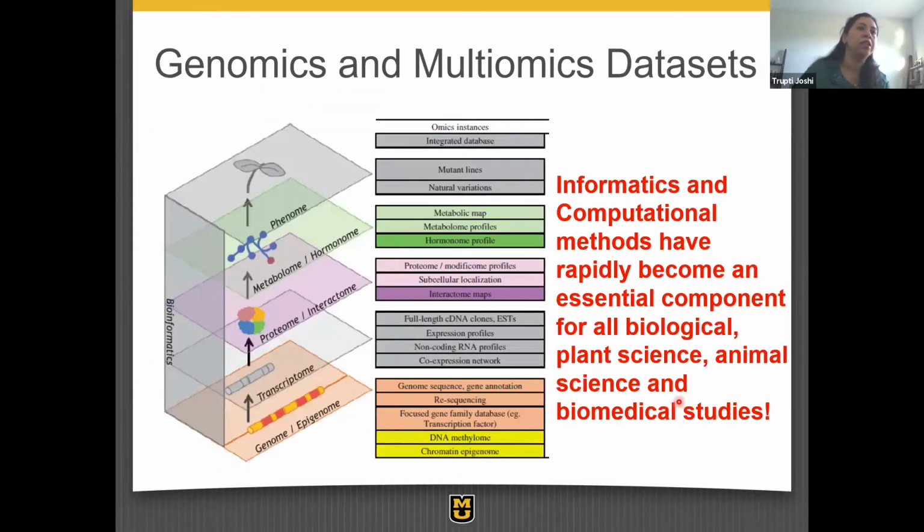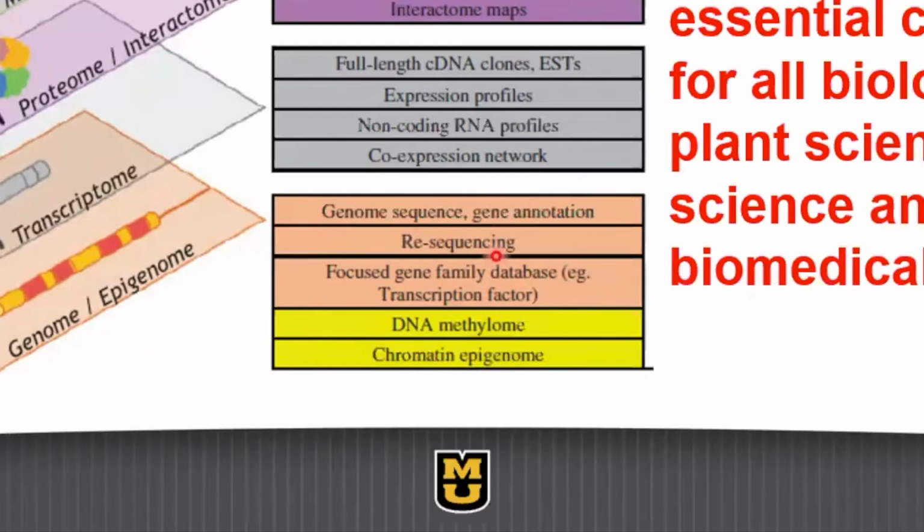So, what this really brings us is a spectrum where we are generating data sets at all of these different levels, and they are really telling us everything that's happening in that plant or in that crop at a given time. So, you could be looking at your genome level information where you have your genome sequence, resequencing, you know what variations exist in your different plant accessions or plant introduction lines, how methylation changes and chromatin changes might be impacting them. The idea is to integrate them together with the transcriptomics so that we have